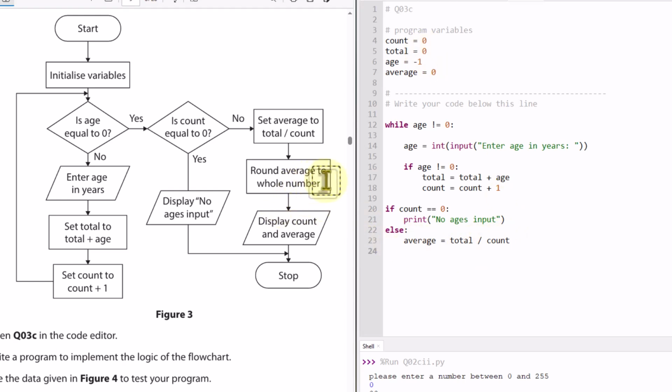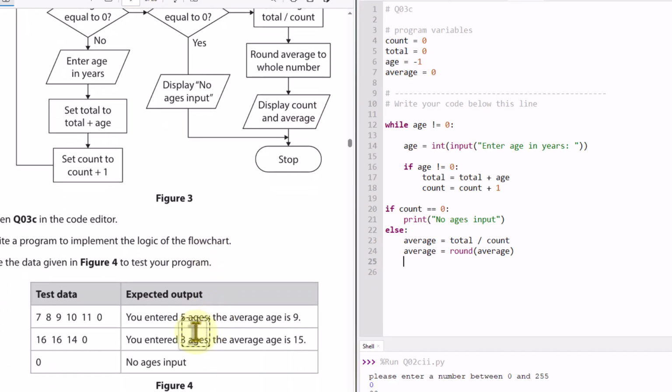Then round average to a whole number. So round average to whole number, simply we can just use average is equal to round. The round function is already built in, average. So this will just round it. Display count and average, and yeah, see here you entered 5 ages, the average age is 19, something like that. Okay, print,